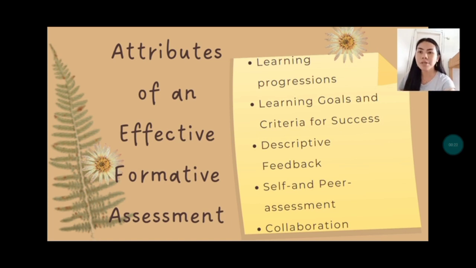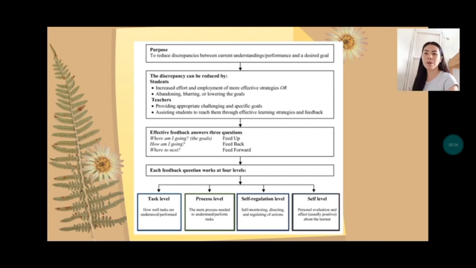And now we will move to this figure. This is Figure 2.2, Model of Feedback to Enhance Learning by Hattie and Timperley, 2007. The disparity can be reduced by students and teacher. Effective feedback answers three questions, which are: where am I going, or feed up; how am I